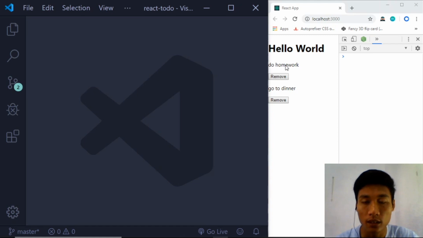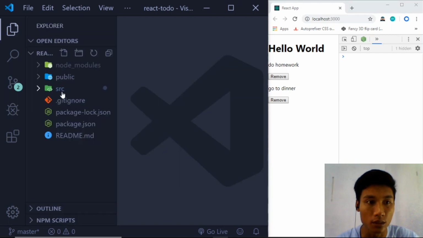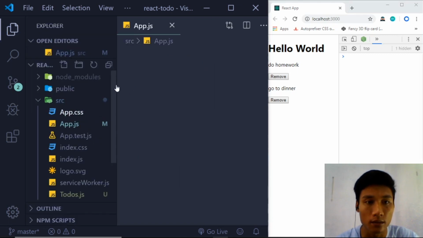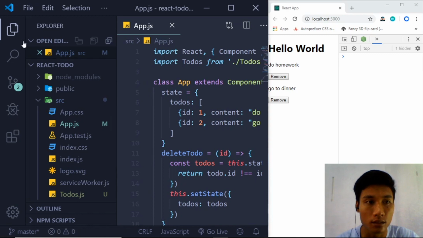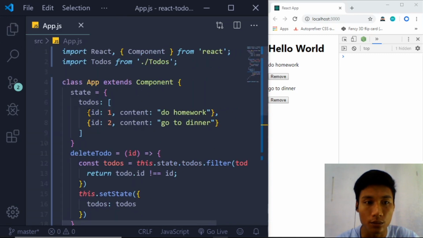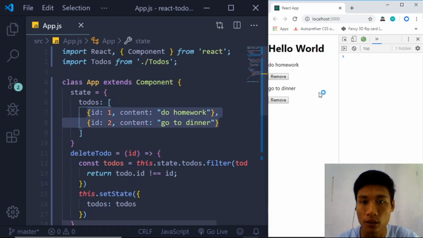Alright, in the last video we were able to remove a to-do, something like that. Remove that, and we have the text, and we reload. We have to do this because by default we set the to-do as an object. Alright, so now